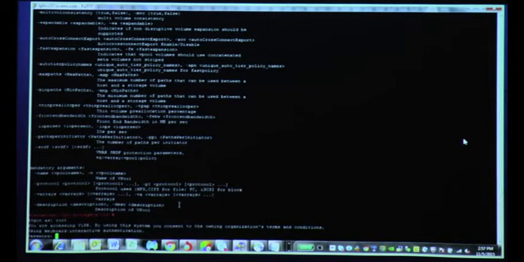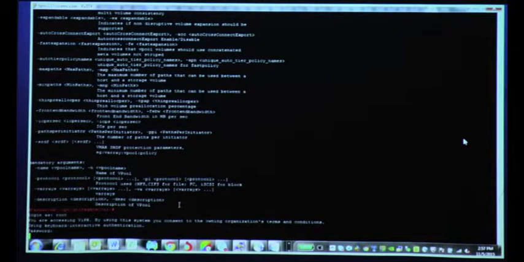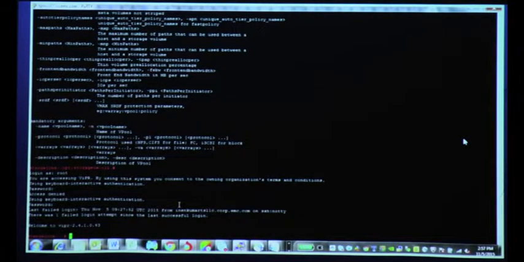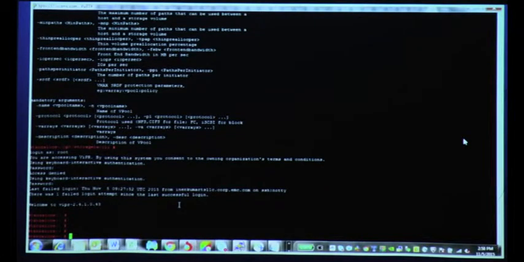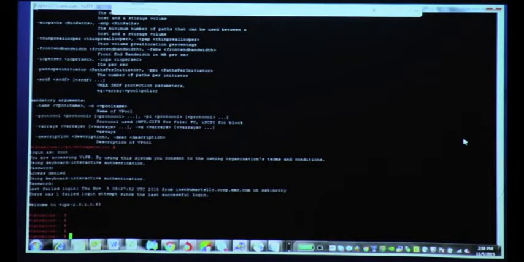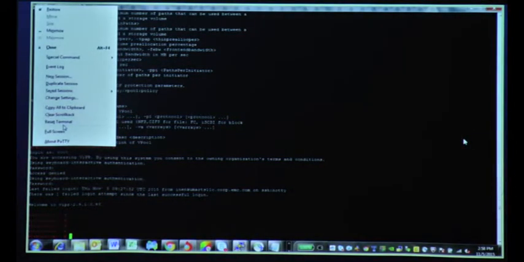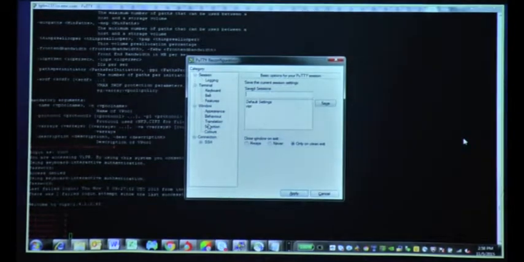This is the same appliance which Prabhu set up. We can log in through the... They've changed the password. Did you change it? Can you increase the font? This one. Duplicate properties, where is it? Change settings.